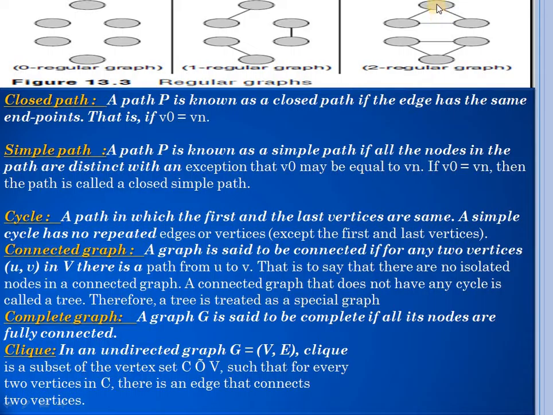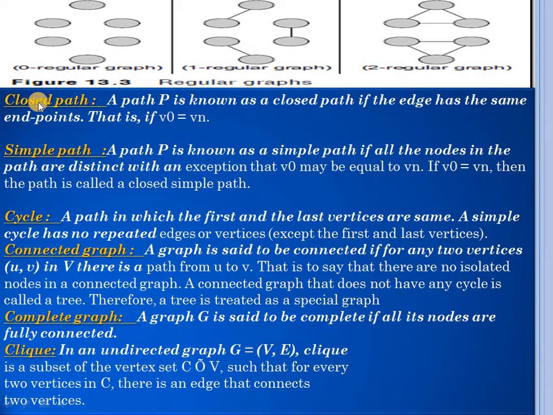Here we have 2 edges. For this node we have this one edge and this second edge. For this we have this one and that one. For this node we have this edge and that edge. For this also we have two, and this also two, and this we have two edges. So this is a two regular graph. These are the regular graphs. Here your k value is 2. In this example, k value is 1. And in this example, because there is no edge, the k value is 0.